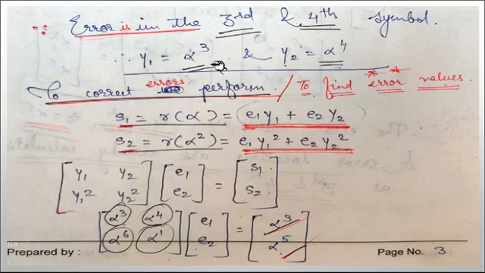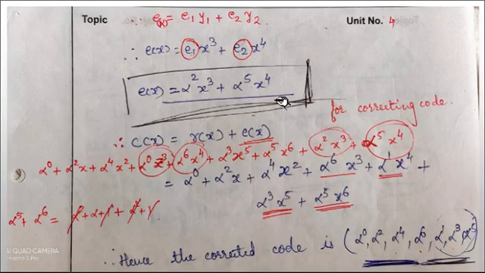So y1 is here. y1 square means alpha cube square, means alpha raised to 6. y2 square means alpha raised to 4 into 2, that is alpha raised to 8, means alpha raised to 1. So once we put all these values, S1 and S2 are already calculated. Next we need to again obtain the inverse of this part and multiply it to this right side part. So by getting it, we can say